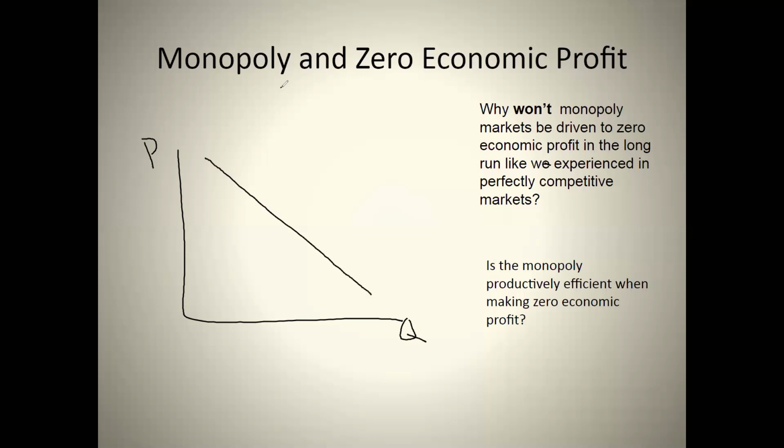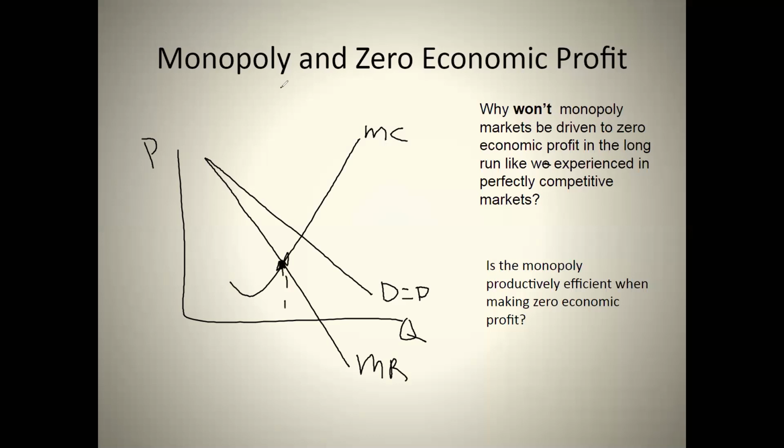demand. I'm just going to always put demand is equal to price, our marginal revenue curve falling below the demand curve, and a marginal cost curve. Okay, with our basic graph, we know where they want to produce. We already know that. We know that the firm wants to produce here, profit maximizing quantity output, MC equals MR, right here. So the monopolist wants to produce this, and it wants to charge a price